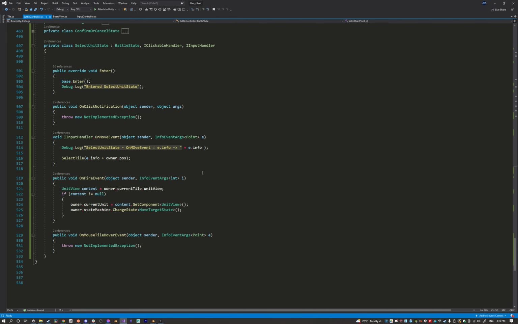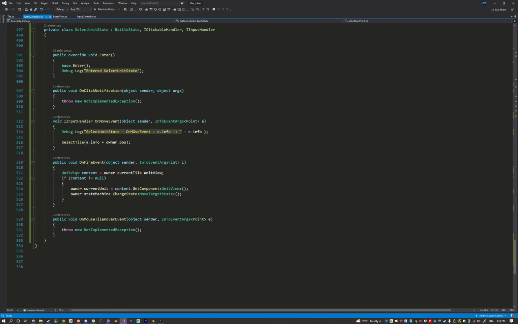Now, selecting a tile is more like hovering over a tile. It's not necessarily selecting it. But when I do an on fire event, if content does not equal, no, content is a unit view. So if the unit view is not null, meaning there's a unit on that tile,